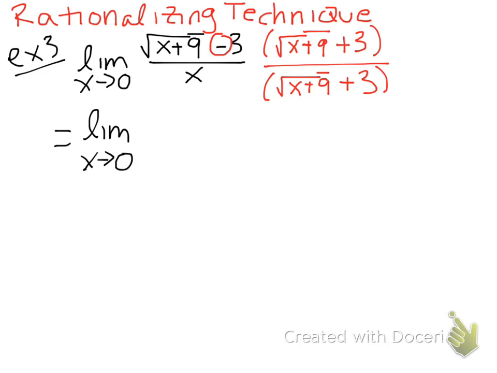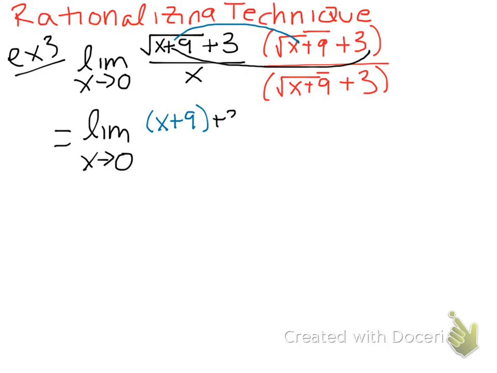Okay, so on the top here, we need to FOIL. So we're going to multiply our first two terms together and get x plus 9. Then our outside two together, 3 square root of x plus 9. The inside two,